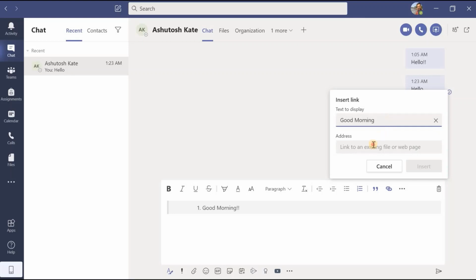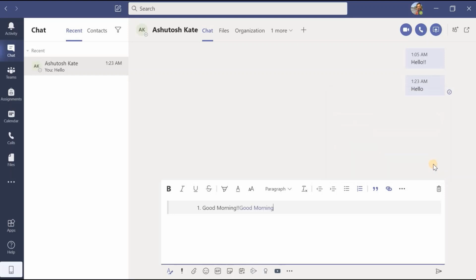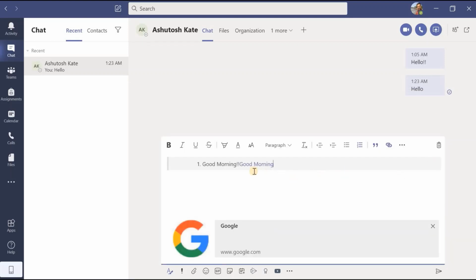good morning, and along with that message, suppose I want to add some link. Sorry, I have missed something here, but if I click on insert, see what I have got here. I have got that message in purple color, and here the link. It means as soon as the receiver Ashutosh clicks on this message, this good morning, he will be diverted towards this Google.